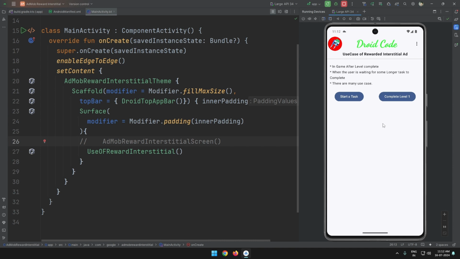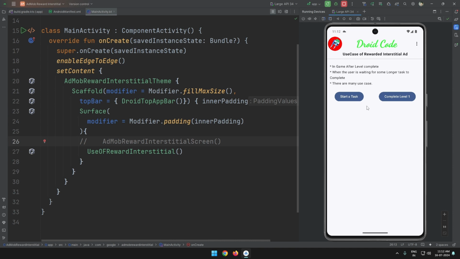In case of an AdMob reward ad, we have to click on show reward ad, and then you have to display the ad. But in case of a reward interstitial ad, we don't have to display our ad by clicking or something. It can display itself also. This is the main purpose of the reward interstitial ad. And there are many other differences between reward ad and reward interstitial ad, in case of earnings,